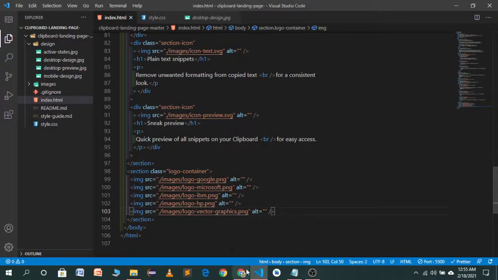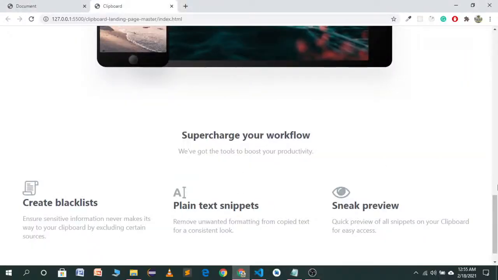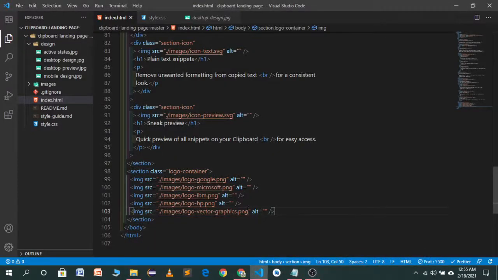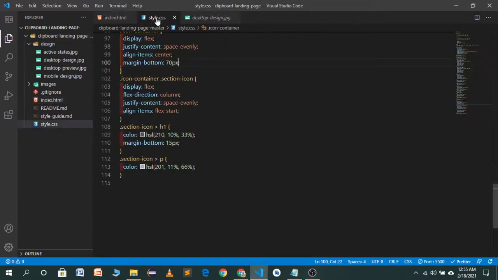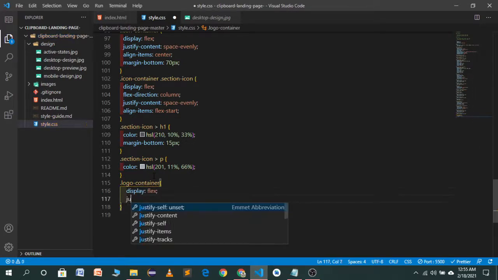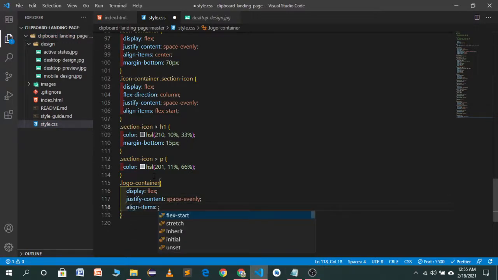So save this one. As you will see, it is aligned horizontally, but we want a space between them. So we should copy this class name and style it in our CSS file. We'll use display flex, justify content space evenly, align items center.